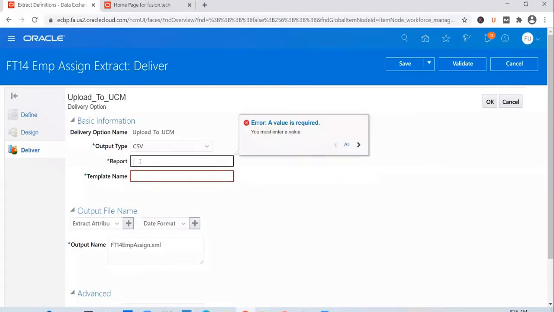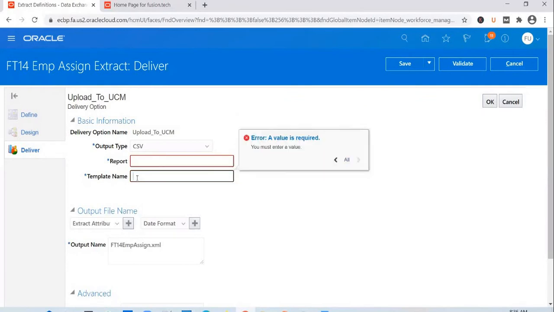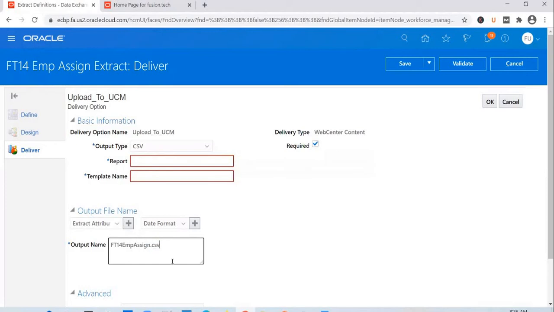Because remember, a report can have multiple layouts, or multiple templates. Pick up what template needs to be used to convert the XML generated by HCM extract into CSV. And after you select these two options, you can select the output type as CSV, because the XML generated by HCM extract will be passed as input to this template, and this template will convert it into CSV. And a CSV file gets uploaded to UCM. But this is not something that you will be prompted to do, because in case of reports, it makes sense because the user needs to understand that. But in case of extracts, XML is pretty fine.